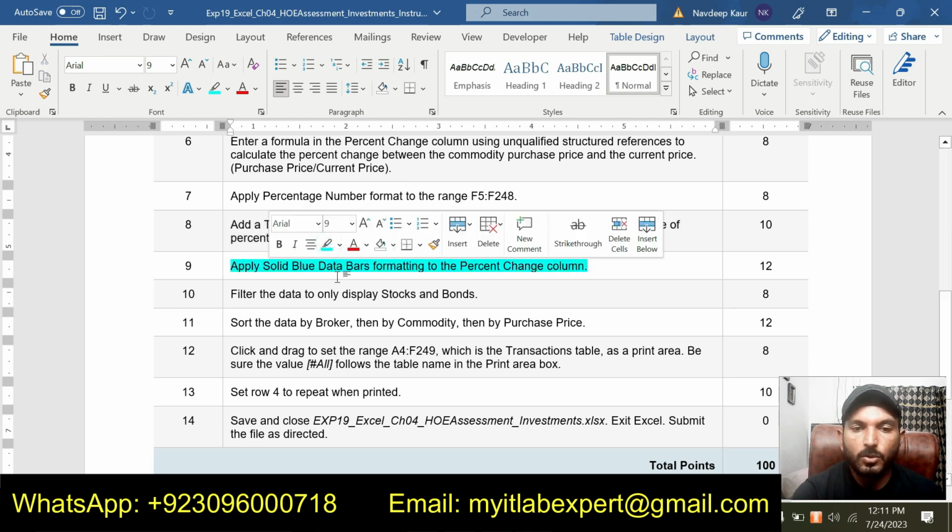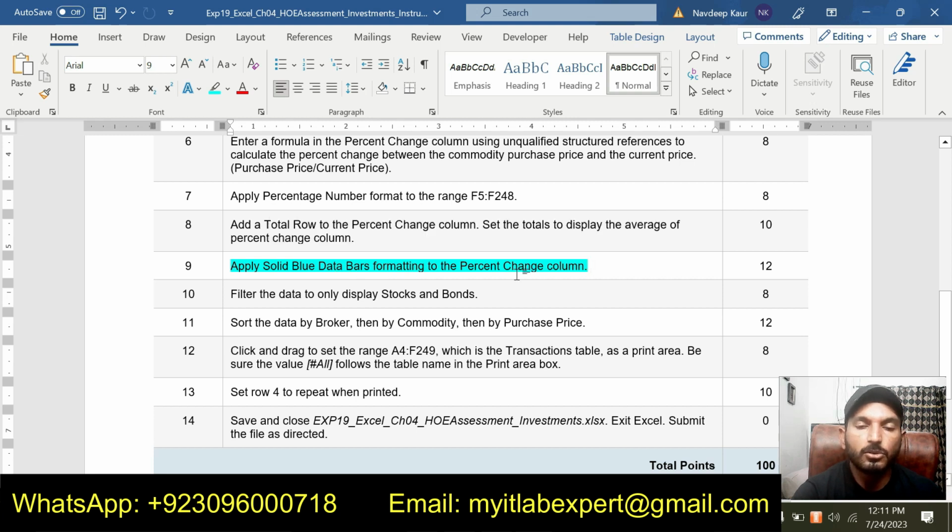Apply solid blue data bars formatting to the percent change column. So now we are supposed to apply the conditional formatting, and we will use the solid blue data bars for the percentages column.